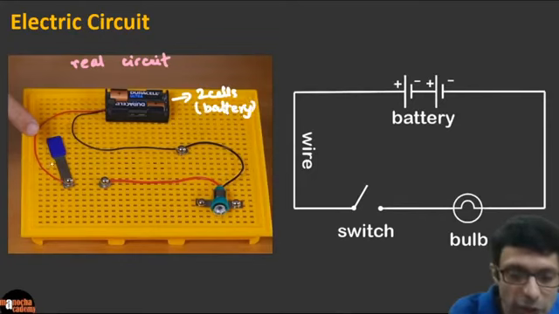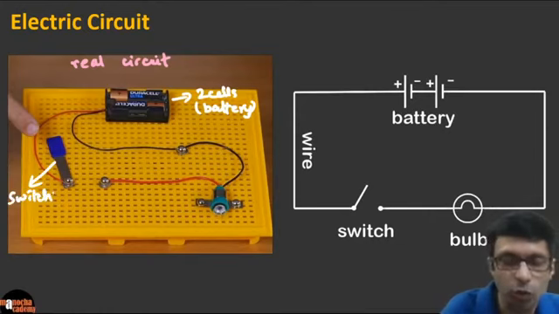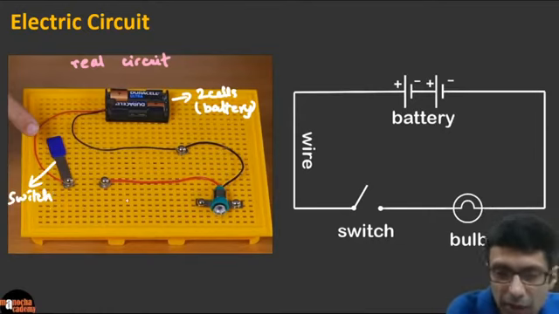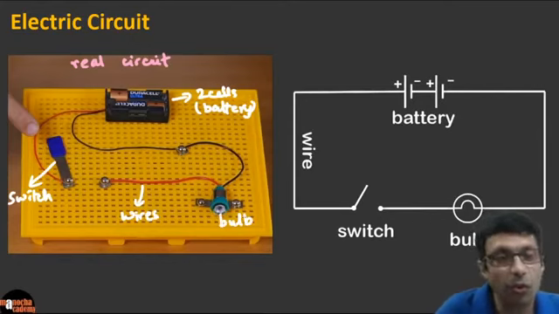And guys, can you see the switch there? This is the switch, which you have to switch on to make the bulb glow. That's why it's off right now, because the switch is in the off position. These are of course the wires. And here you have the small bulb, right, guys? So this is the real circuit.